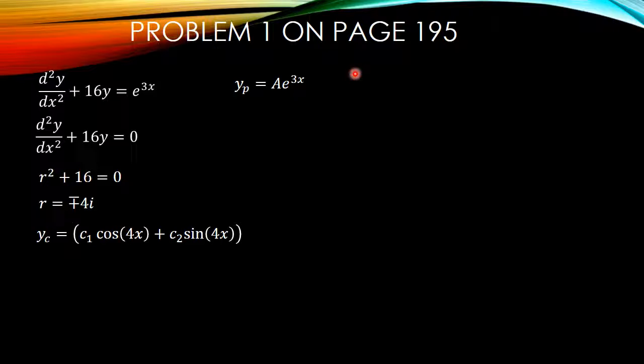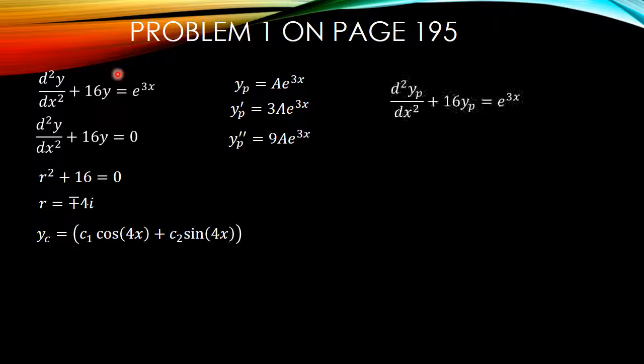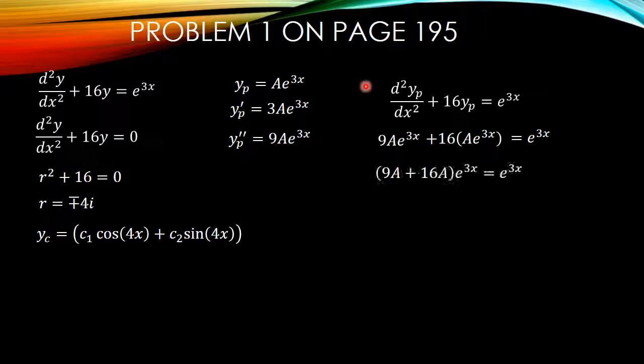So now what we do is we check to see if this is going to solve our differential equation. To do that, I need the second derivative of my solution and then my solution again. So to find the second derivative, I've got to find the first derivative first. And then once I have the first derivative, I have a second derivative. Now I'm going to plug it back into my differential equation. So I plug in my second derivative, plus 16 times my function of y. I can factor out e to the 3x, and we find out that